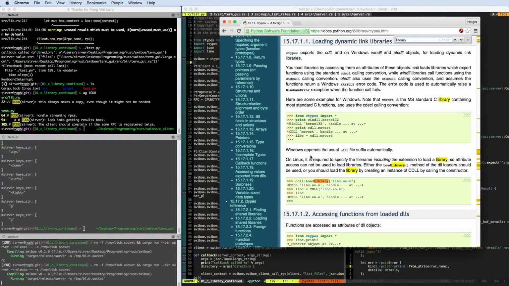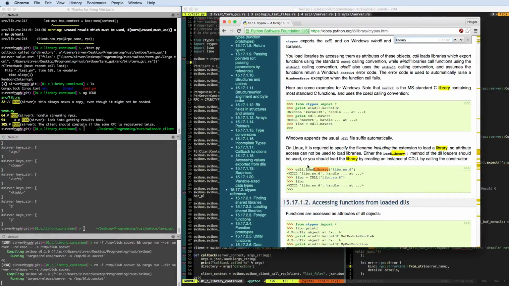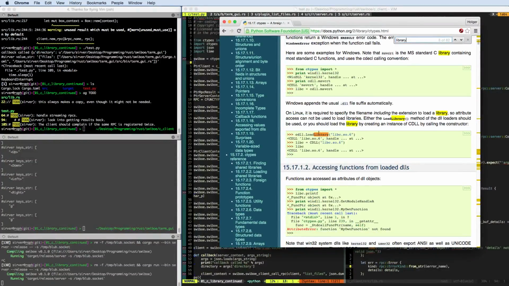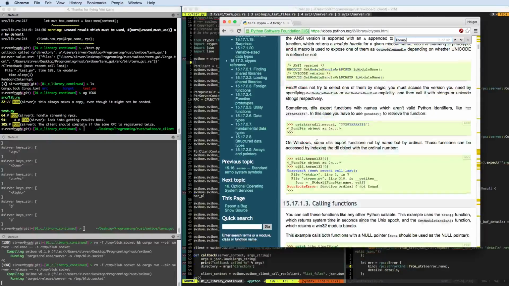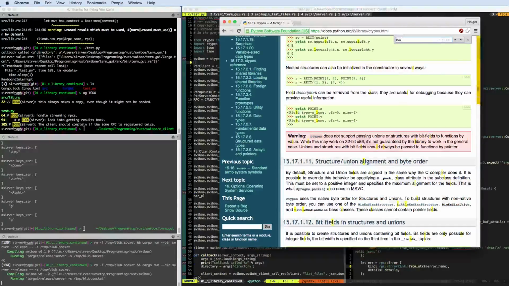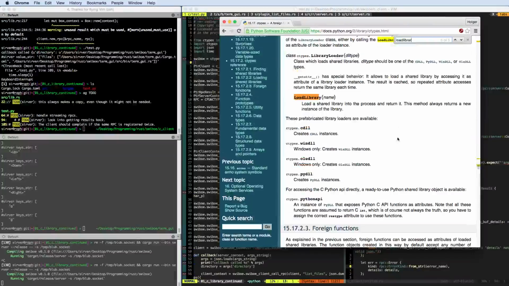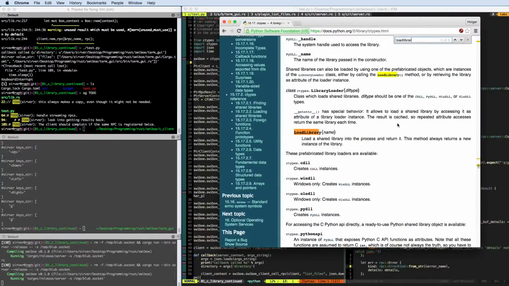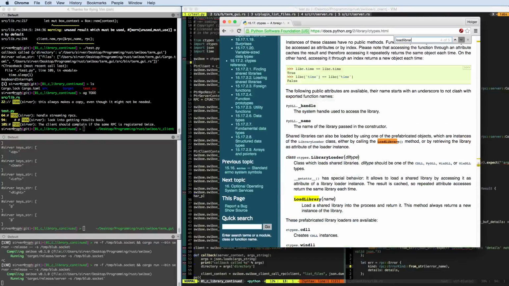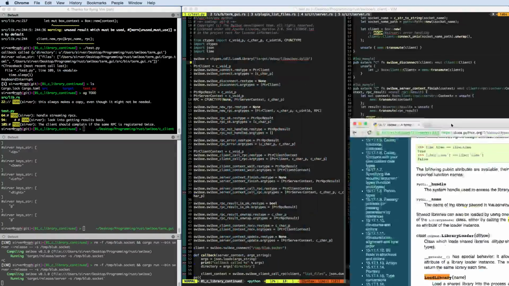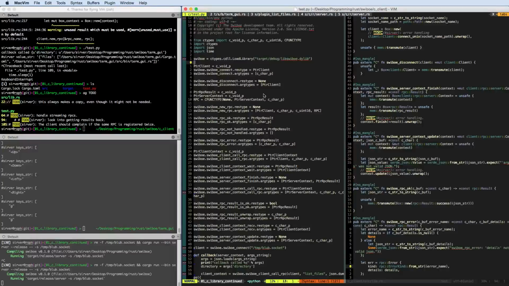Windows does append the usual .dll file suffix automatically. On Linux it is required to specify the file name including the extension to load a library, so attribute access cannot be used to load libraries. Okay. That doesn't really help. Load a shared library into the process and return it. This method always returns a new instance of the library. Also doesn't help. Well, all of this doesn't help. So we cannot rely on the documentation. So we have to